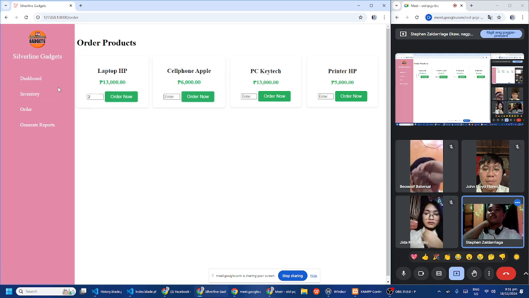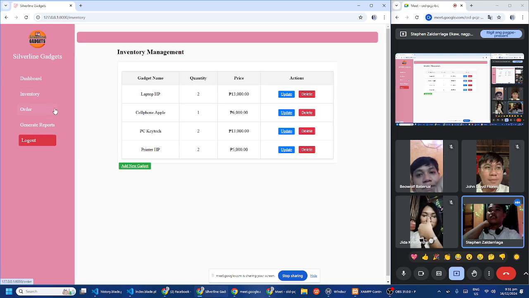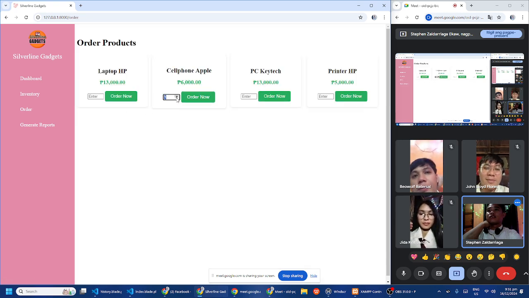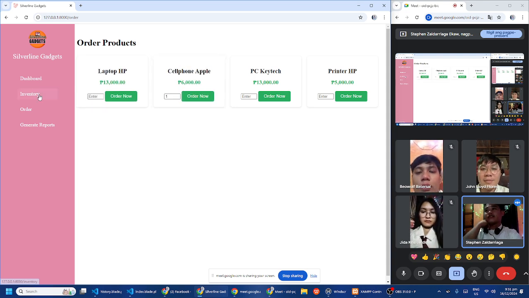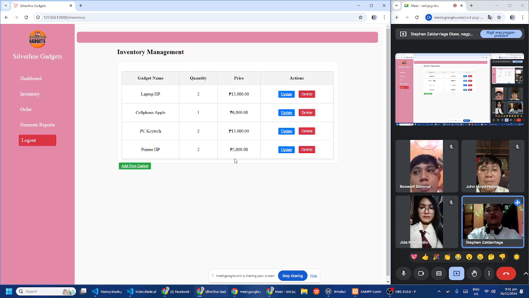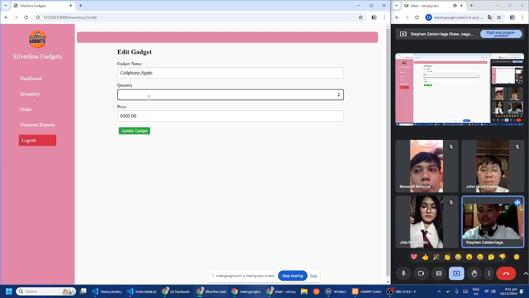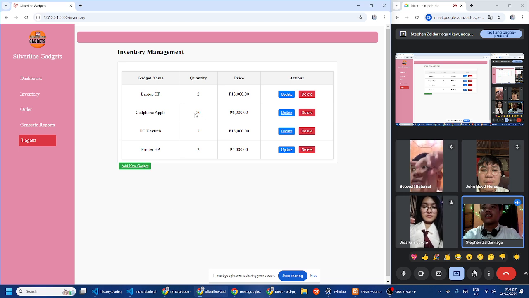Cell phone Apple, we have a quantity of 1. For quantity, we can update to more. Like cell phone Apple, I want to update this quantity to 20. Update gadget. So 20.